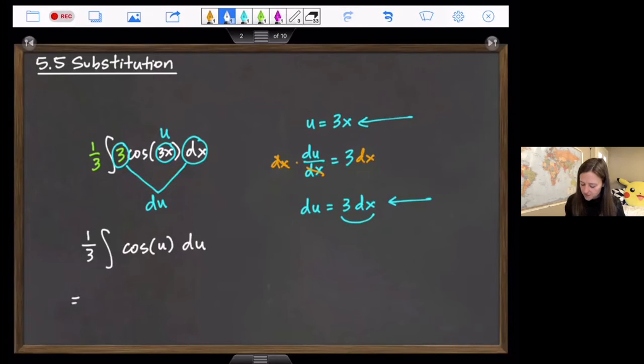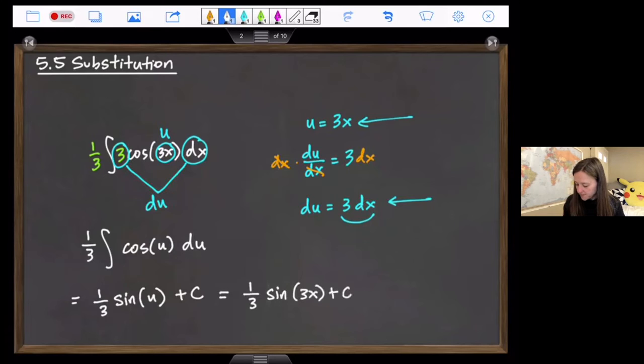So the 1/3 is going to go along for the ride. Sine, make sure we use the same variable, u plus c. And at the very end, we remember that u was a figment of my imagination, and we're going to plug back in for u. U is equal to 3x. So this is 1/3 sine 3x plus c,